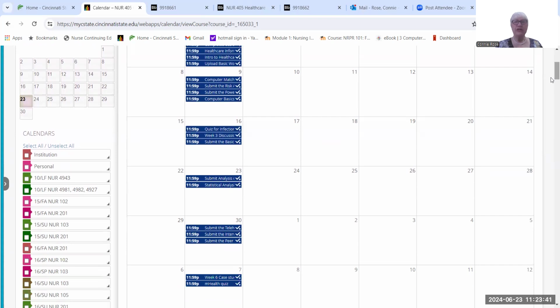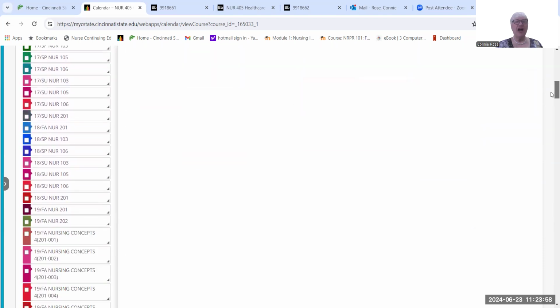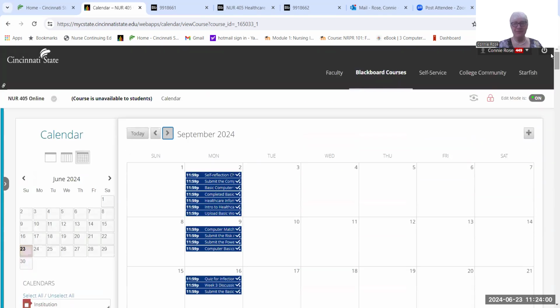Your initial posts are due on Thursday at midnight, but I can't have something due twice. So your initial post is due Thursday. Your responses to your two peers are due by Monday at midnight. So it looks like from this calendar, all of our assignments are due on Monday, which is true for everything except for the